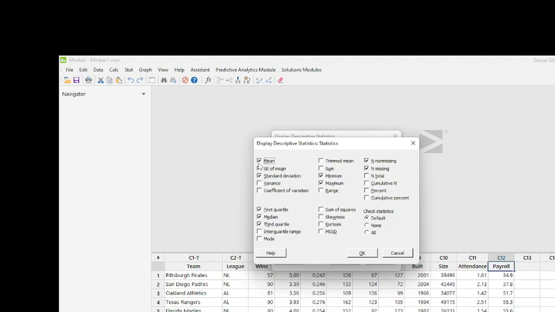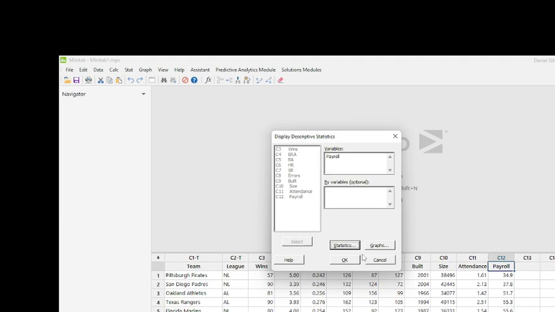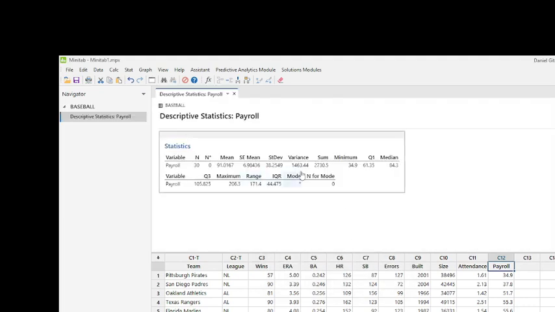We want the mean. If you want the standard error, the standard deviation, if you want the variance, let's say I want the variance, I want the minimum, I also want to know the sum, I also want to know the range, the first quartile, median, third quartile. I also want to know the interquartile range and the mode. Then you are sure that is what you wanted, you click OK, and then OK, and now your descriptive statistics